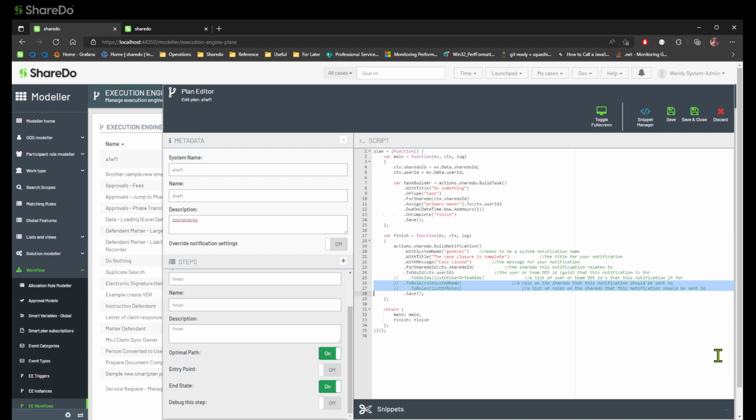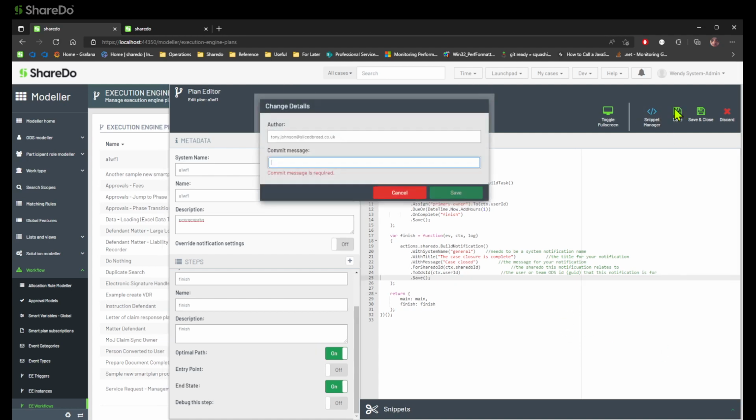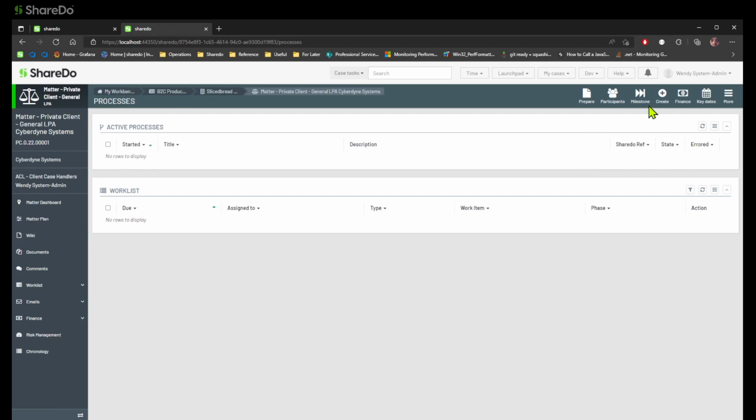On the matter, there will be things like contributors in there, which contains a bunch of teams or people who are contributing on that matter. You can specify to role contributors, and it will send this notification to all of those people. For the demo though, I'm just going to send it back to the user that started this, and that's going to be the end of this process. So this is v3 final. Hit save, and now if we run the process again,